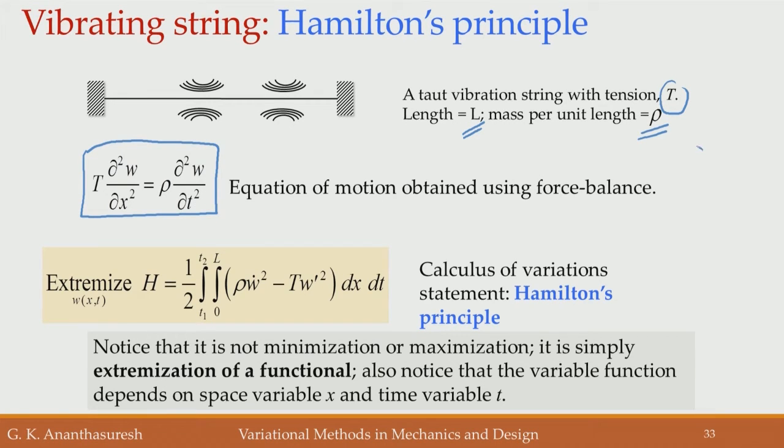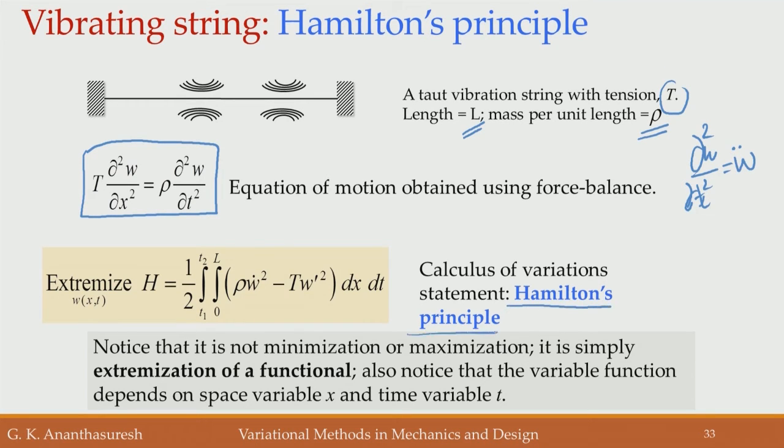So, this dou square W by dou t square is W double dot. Rho W double dot, the inertia force, is equal to the stiffness force that is there, T into dou square W by dou x square. Okay. So, this is the force balance, but you can get it in a different way by using what is